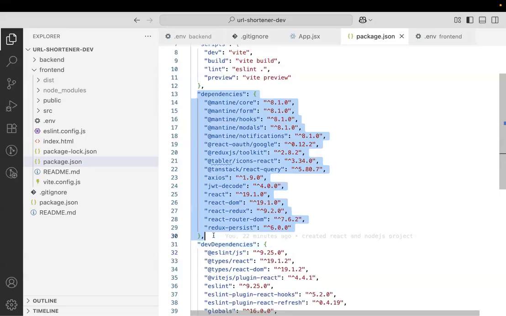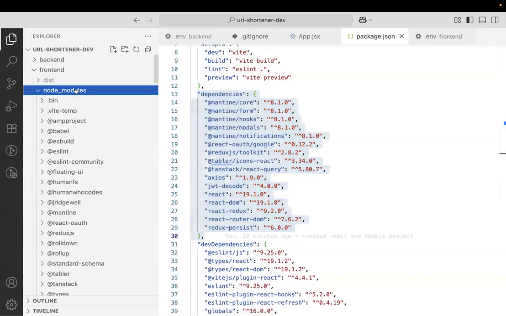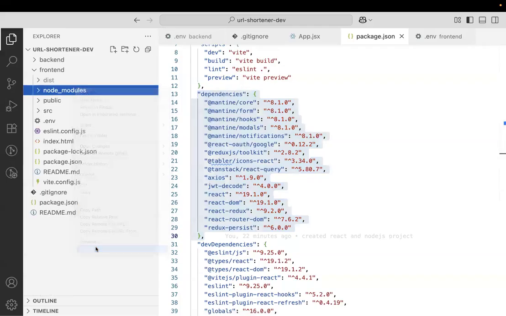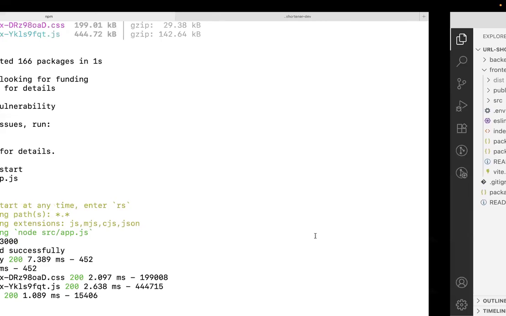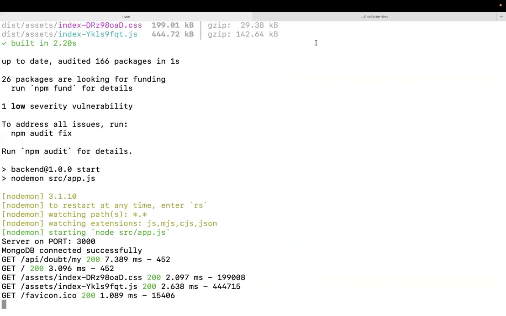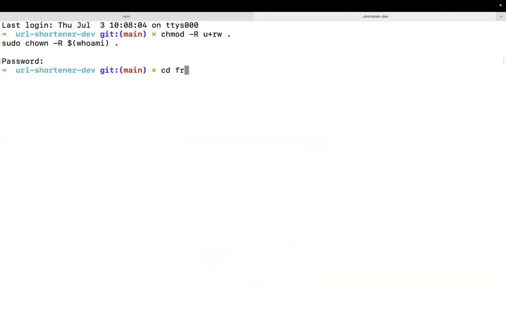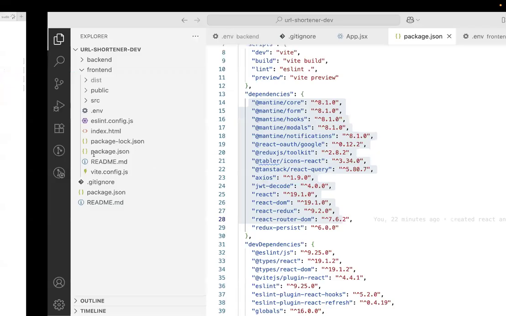I ran this command several times, npm i. What it does is it installs all the dependencies. So I can show you very quickly. Let me delete this node_modules from here, which is the actual code of these dependencies. Like these are the libraries. When you say npm i, it actually brings the actual code of all these dependencies. So what I can do is I can just move to the front end, and I'll say npm i, and you will be surprised to see that node_modules came back,